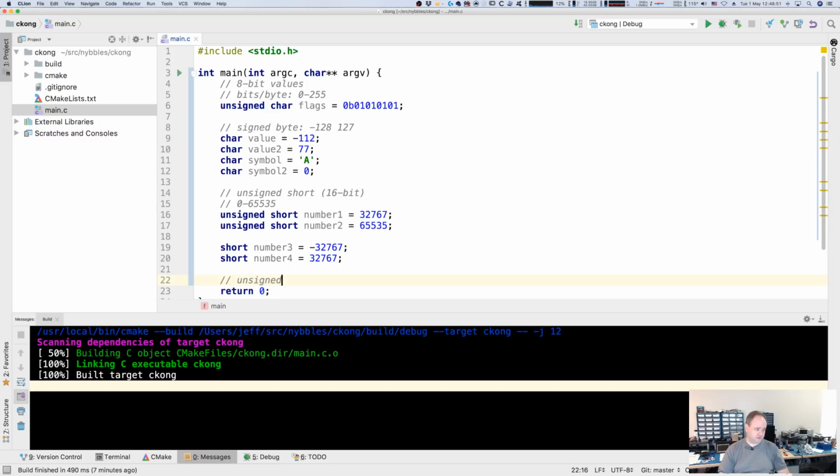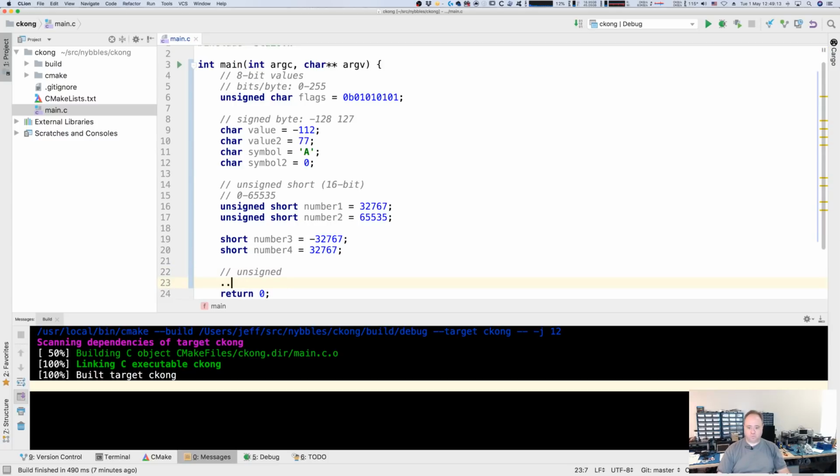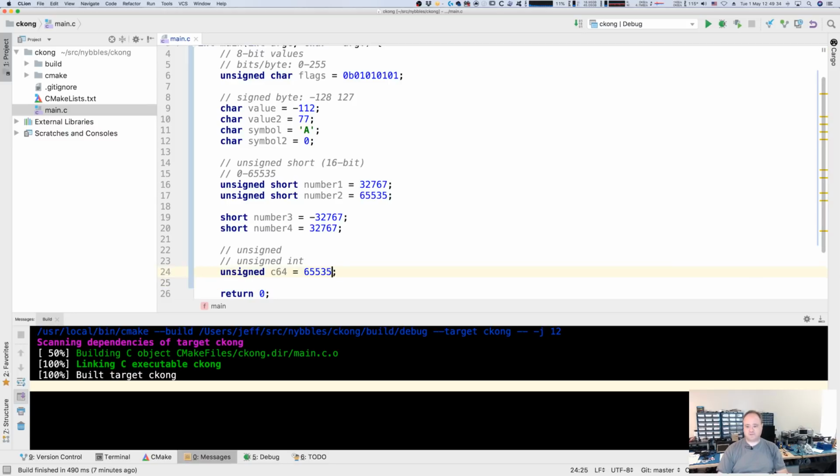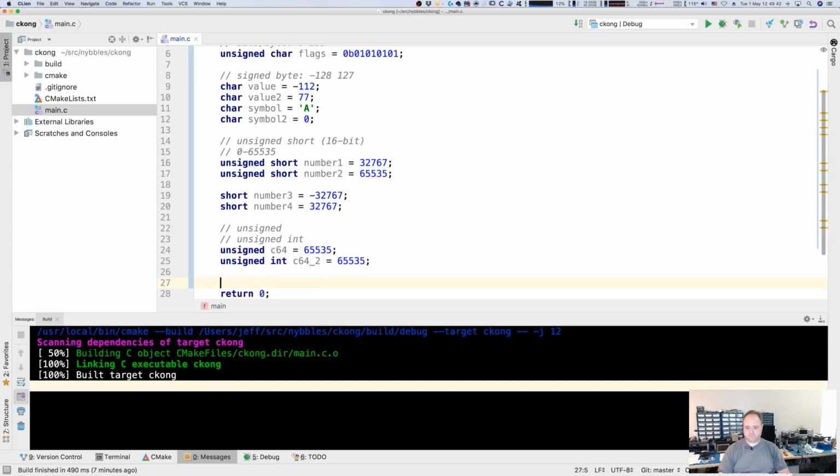Then we have unsigned. I guess this is right. So unsigned by itself or unsigned int. These are the same thing. So you will see occasionally some C code that just uses the word unsigned. Right, can be 65535, or you can do it unsigned int, right, like that. Okay, and then signed int is the same as